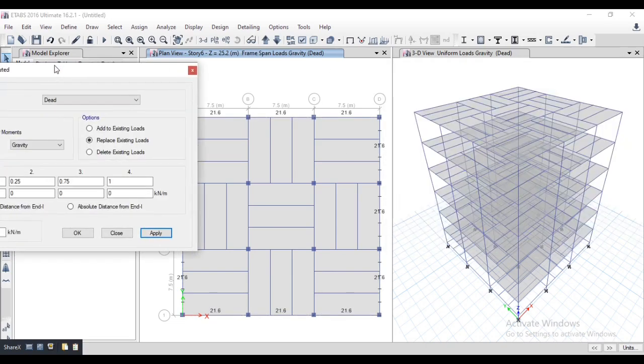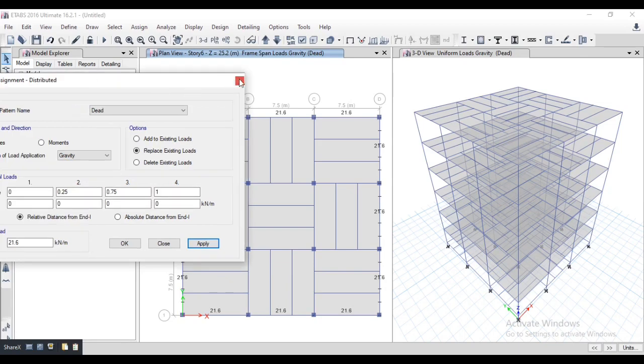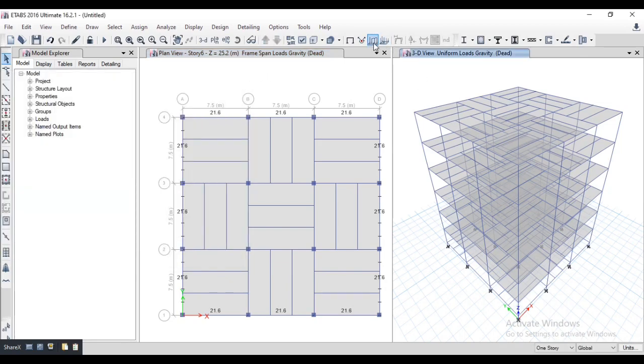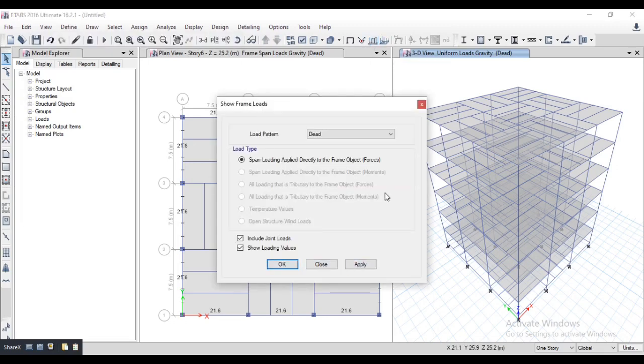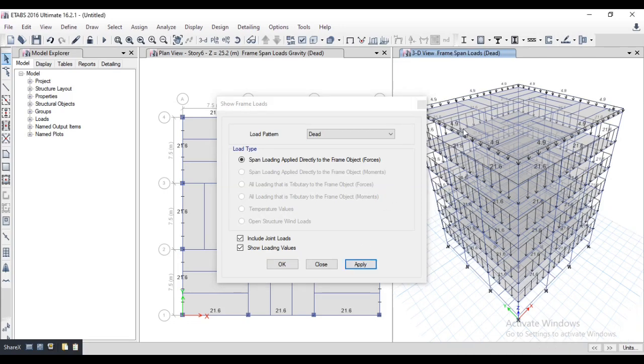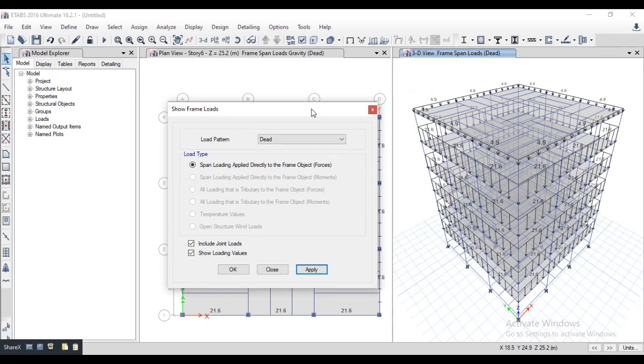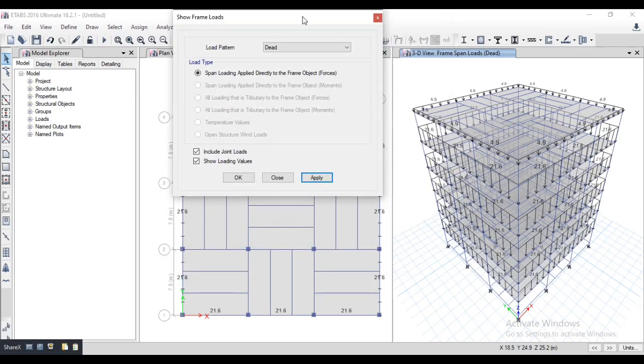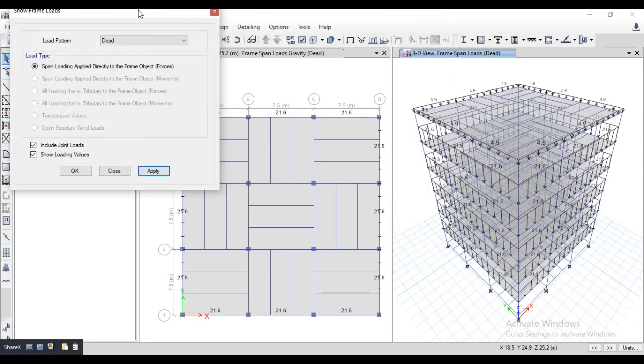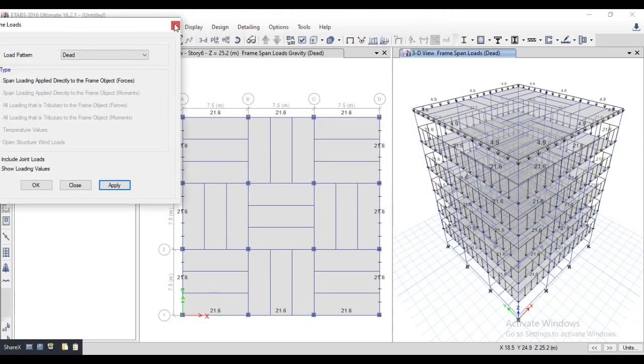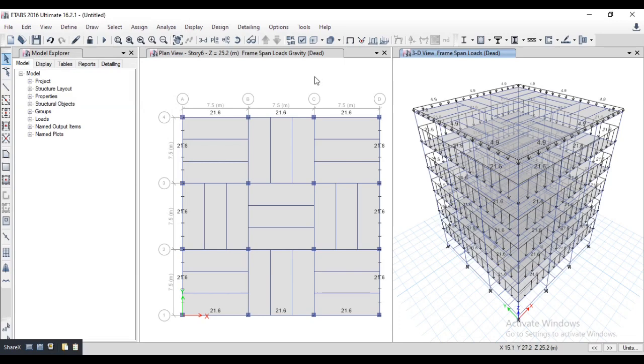If you want to see the load, select here, go to display, frame load, assign, select and apply. You can easily see the loading value by choosing this. We have assigned all load on typical floor.